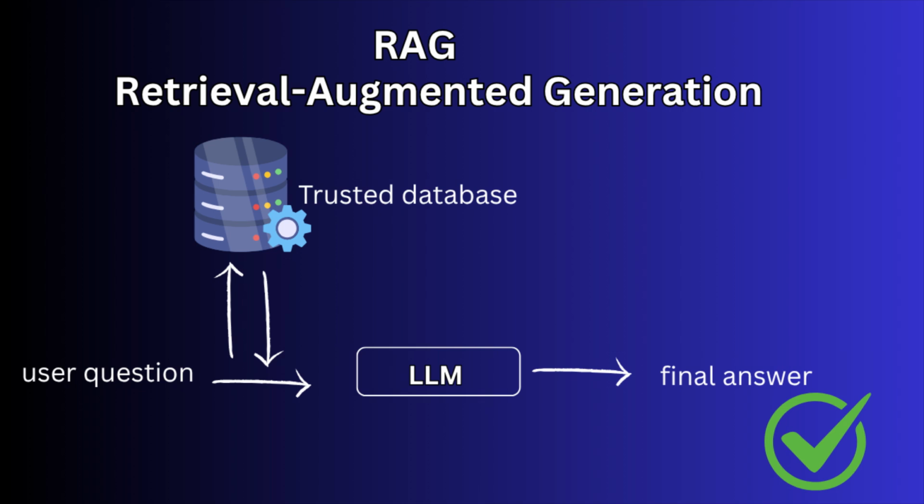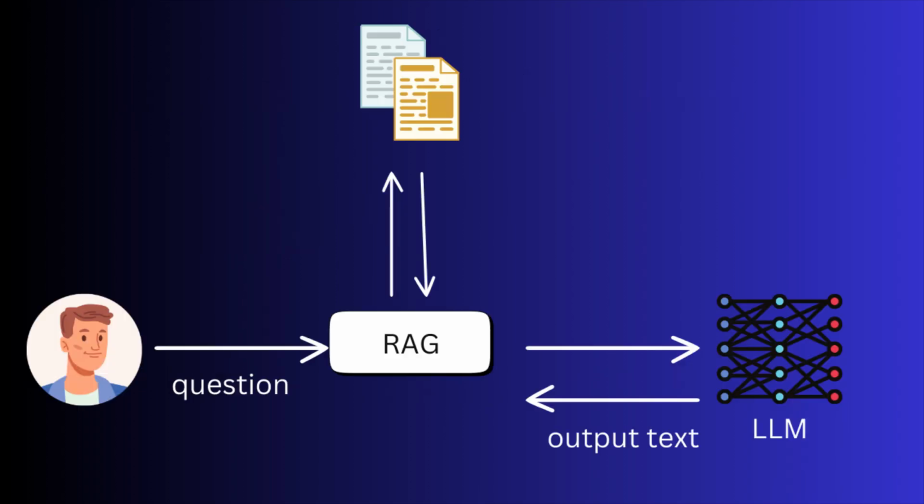Just like how you had searched online before replying to a tricky question. This approach makes the AI's answers more reliable, current, and grounded in real data, which helps reduce the chances of hallucination. RAG is especially useful in areas like customer support, research, and document based QA, where accuracy really matters. So, if you are building or using AI tools that need to pull in live or trusted content, RAG is